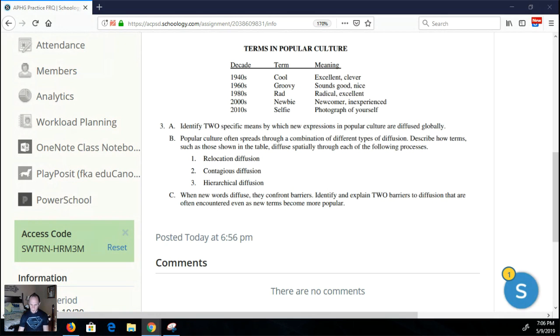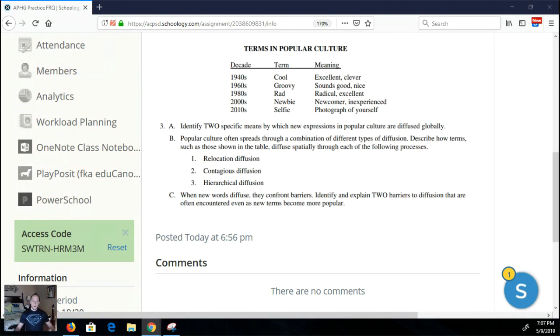What is the difference between space-time compression and distance decay? Space-time compression has to do with the way technology has changed over time. Let's say that I live near Columbia, South Carolina. Charleston isn't much more than about an hour and a half drive from Columbia, maybe not even that long if you're driving fast. So back in 1845, before we had cars and interstates, it would have taken way longer than a couple hours to get to Charleston.